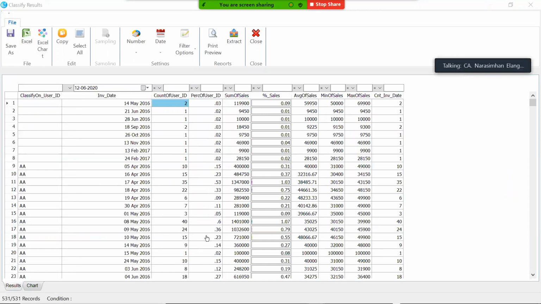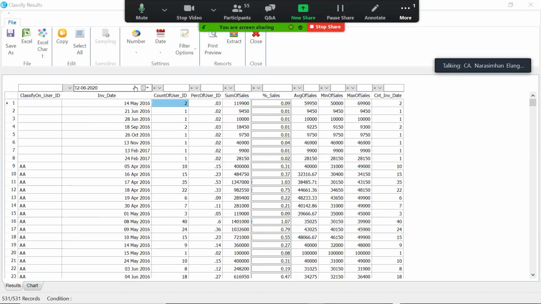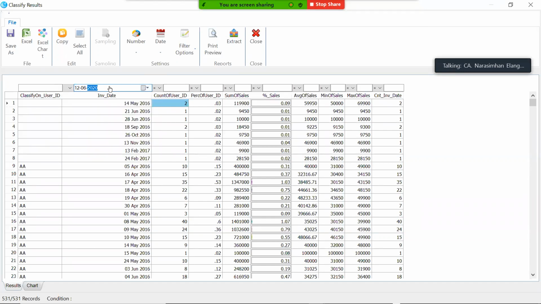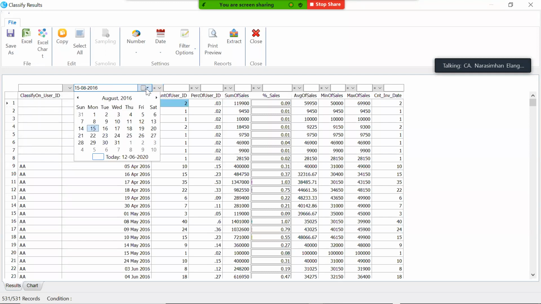All right, what else can we do? One more beautiful thing, I can also apply filter now. Suppose I want transactions which have happened only on 15th of August. Why? We know it's a holiday, but I want to know how these transactions have taken place. Okay, there are no transactions on 15th of August.